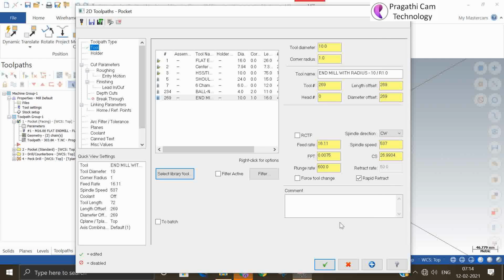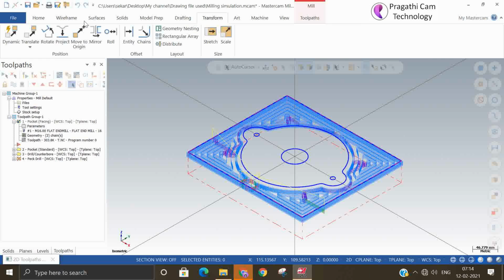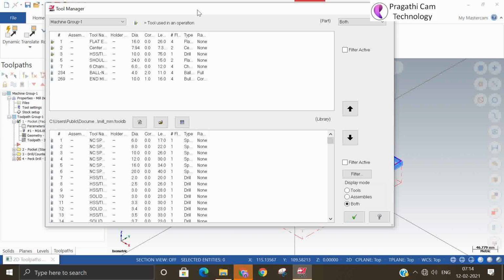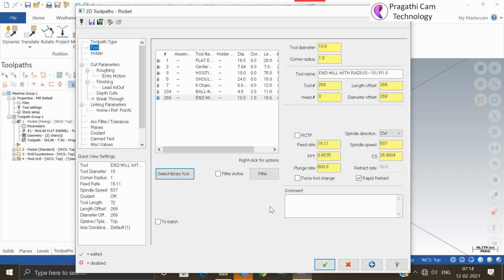So now we have just seen the introduction about the tools and tool libraries. Still more detail we'll see in the next coming classes.